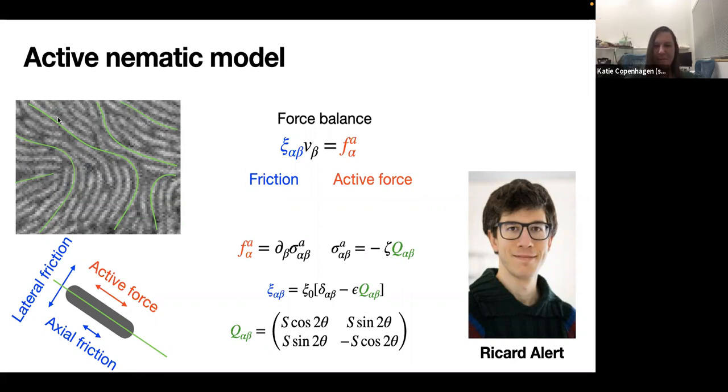So we think that maybe there's a gradient of activity. Maybe with this cell tracking, we can measure more local active forces instead of assuming it's constant everywhere. So maybe locally you could have oppositely signed, contractile systems instead of